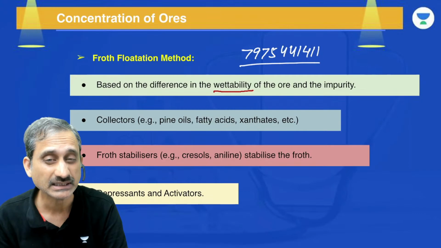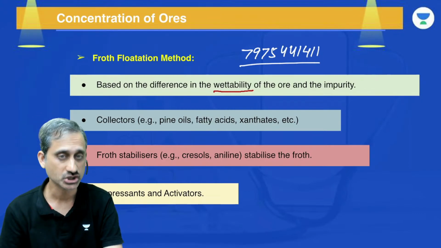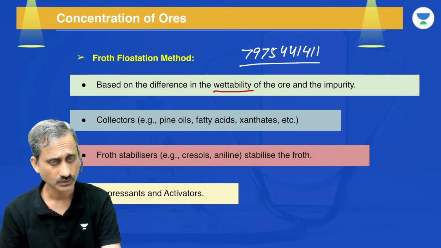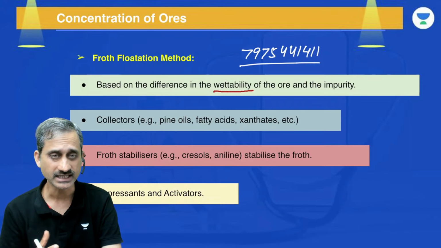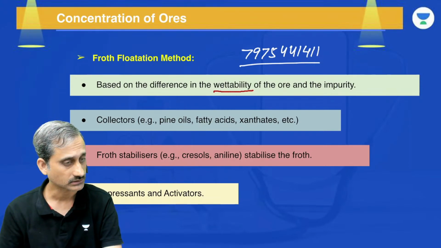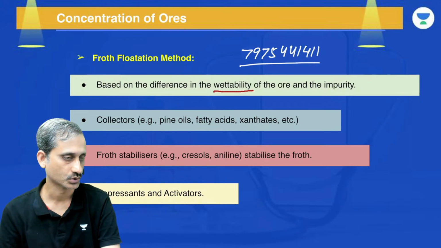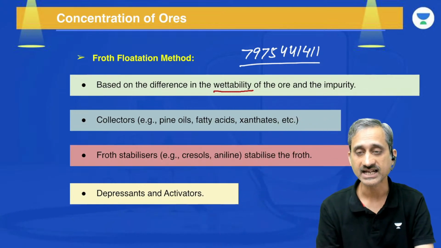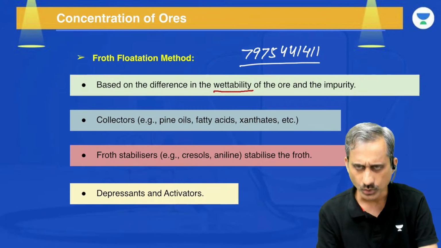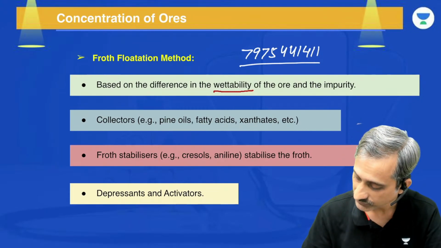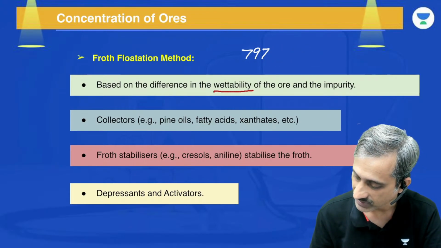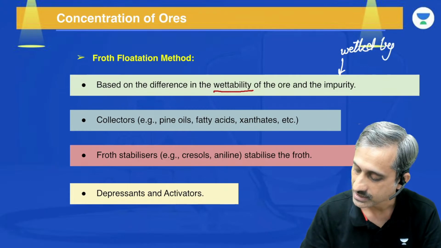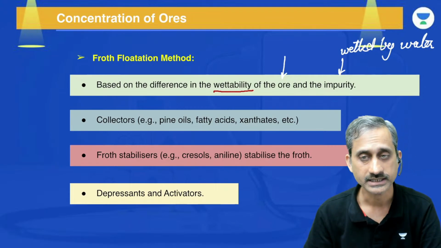Now this is what we call as the wettability of the ore. That is, what the ore has an attraction to, whether it is attracted to the sand, soil, or is it attracted to the water. Now, what we find is that the sand, the impurities have more tendency to get attracted towards water. All the ores are minerals, but all minerals are not ores because anything we extract from the earth is a mineral. But the ore is a mineral from which we can extract a metal profitably. So all ores are minerals, but all minerals are not ores. Now, what we find is that the impurities have a higher tendency to be attracted by water. So impurities are wetted by water, while the ore is wetted by the